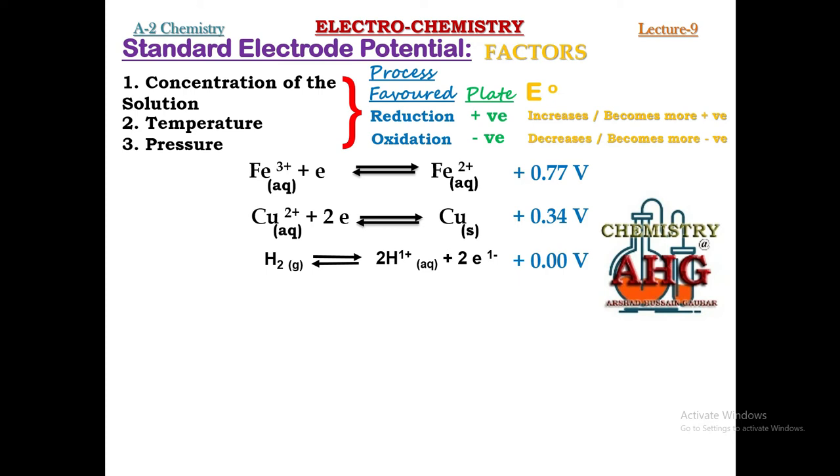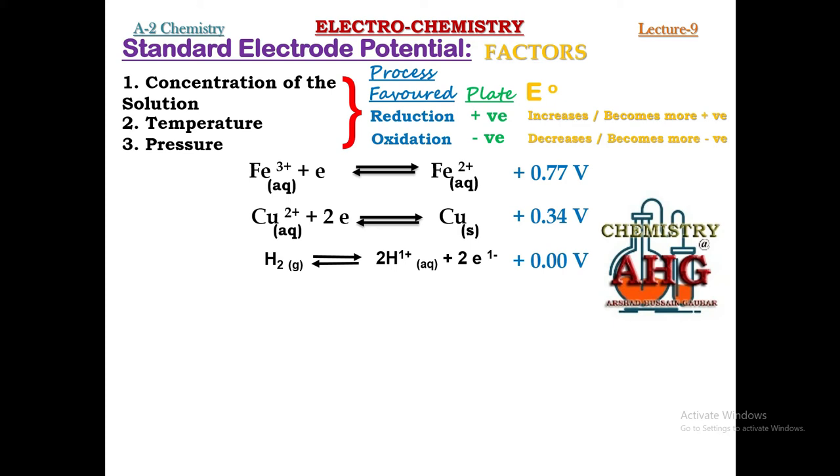Now what you must recall from your knowledge of AS and O levels, you know very well, that whenever pressure is increased, equilibrium shifts from more moles of gas to fewer moles of gas. In this example, if you look at the chemical equation, there is 1 mole of hydrogen gas on the left hand side, while there is no mole of any gas on the right hand side. So the number of moles of gas on the left hand side is 1, and on the right hand side is 0.